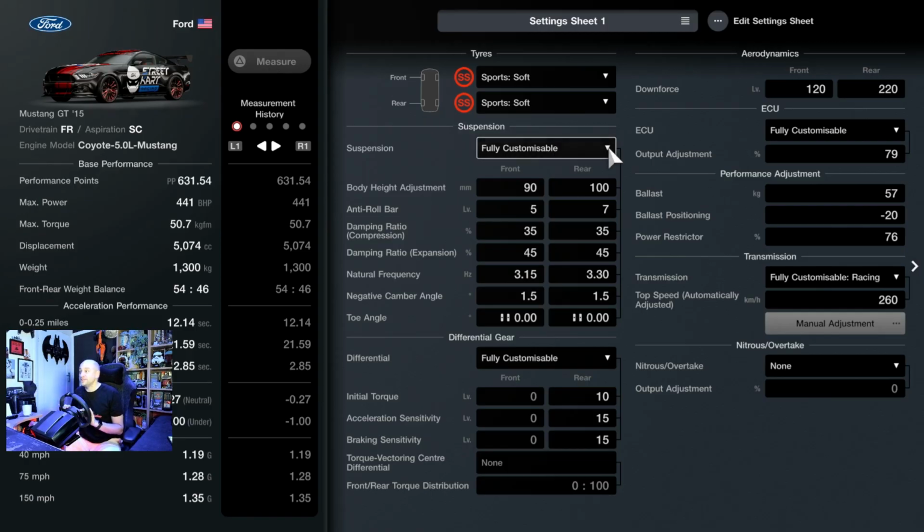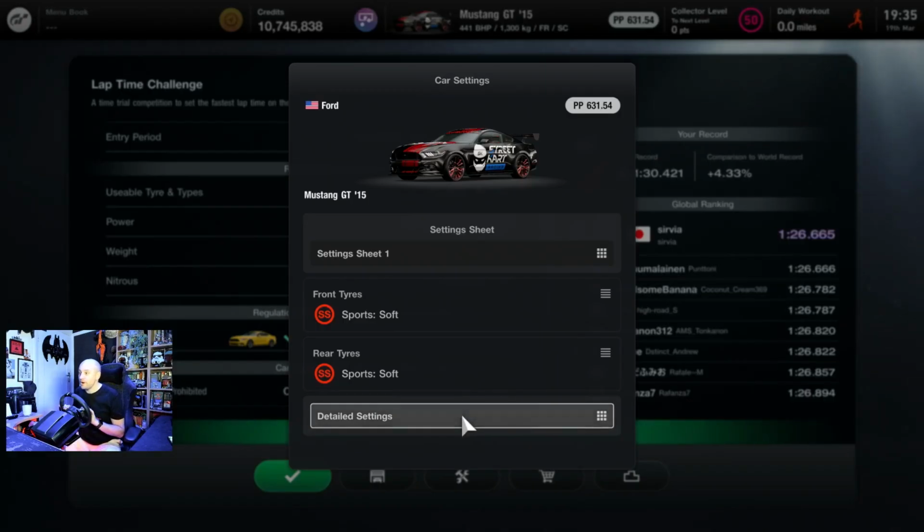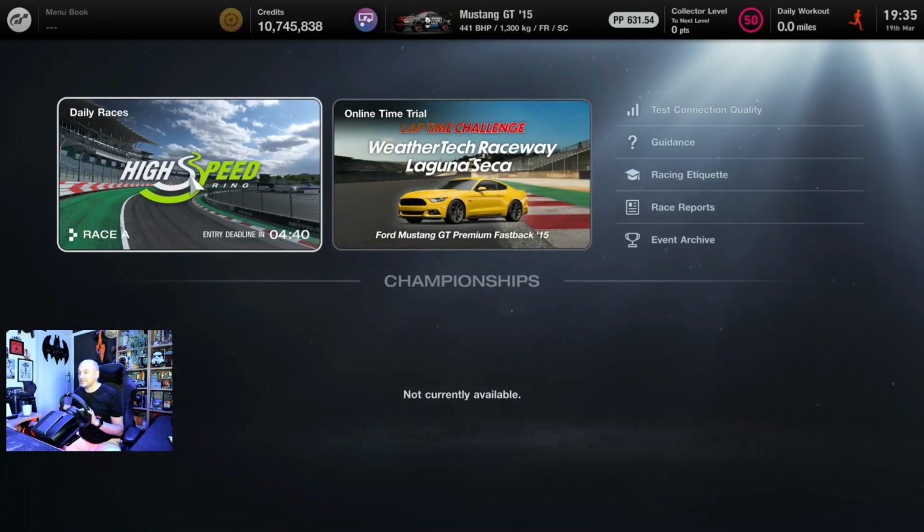And we're going to try to get the car as close to 443 horsepower on the left over there as you possibly can, and also bring the weight down. So you're going to be needing to play around with ballast, and you're going to need to be playing around with your ECU and your power restrictors. Now, rightly or wrongly, what I've done so far, if we come back out of this and go to the